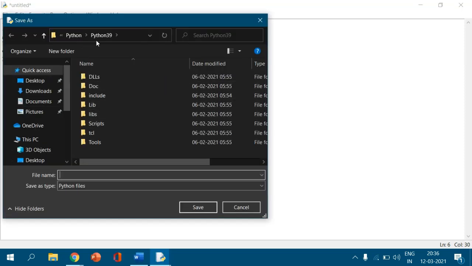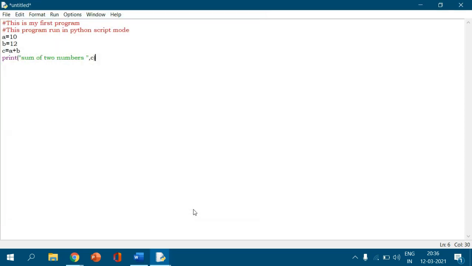It will open the Python module where it is saved in our computer. I will give this name ex1 simply, right? Ex1 because it is the first example. I am not going to give any extension. Below it shows that Python files. It adds the extension .py. I save it. So friends, here we are going to observe that ex1.py, the name of the program, is changed. The program is saved in C colon, in this Python directory, Python 39, under Python 39 ex1.